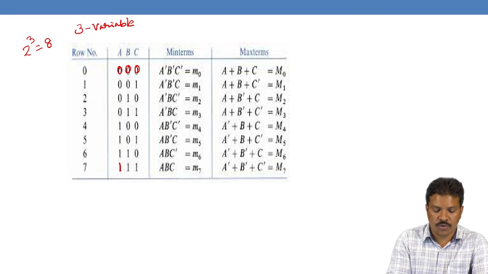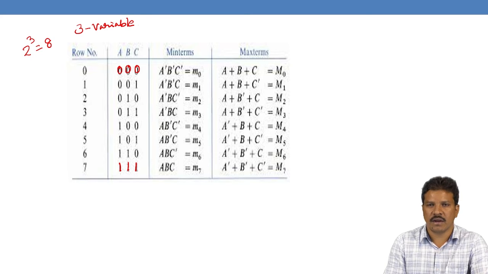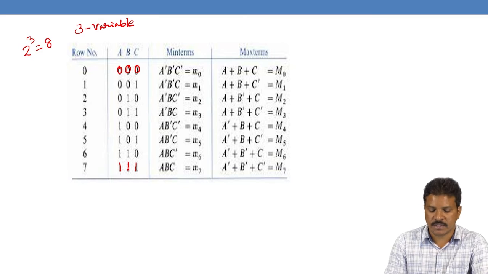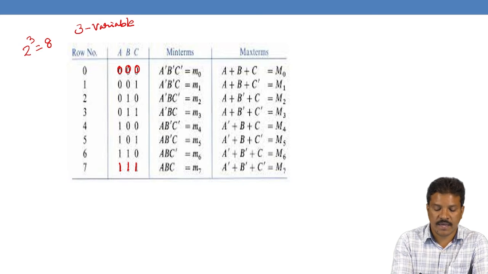What are the min terms and what are the max terms, or what are the standard products and what are the standard sums? First we will see standard products, which is called min terms for this three variable